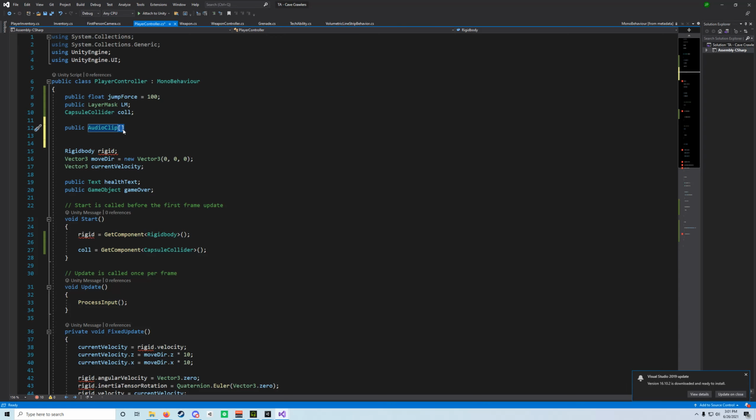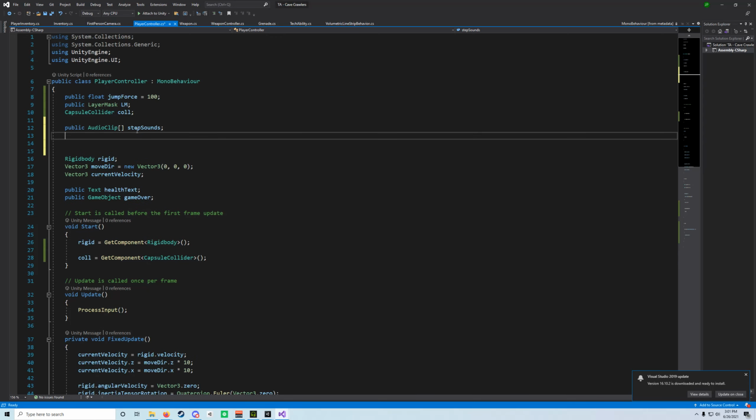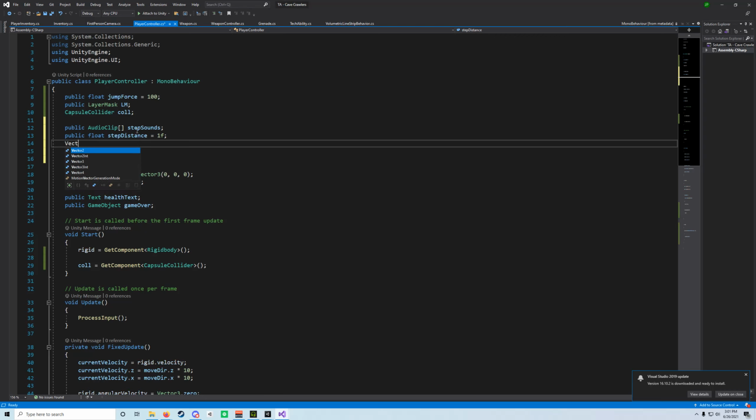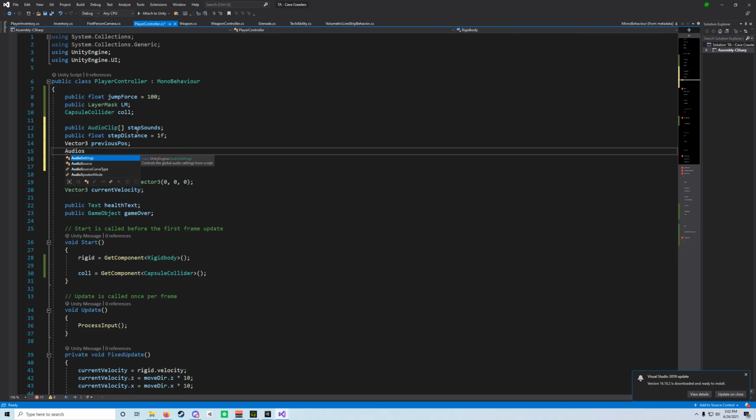If we add these two square brackets, and we get those by not holding the shift key when we get our curly bracket, we get square brackets instead. We're going to say public AudioClip array stepSounds, and give that a semicolon at the end. We're also going to say public float stepDistance, and set that equal to 1f. Then we're going to say Vector3 previousPos and AudioSource AS. That's because we need an audio source that's going to play our sounds, and this previous position and step distance are going to determine how far we need to move in order for a step sound